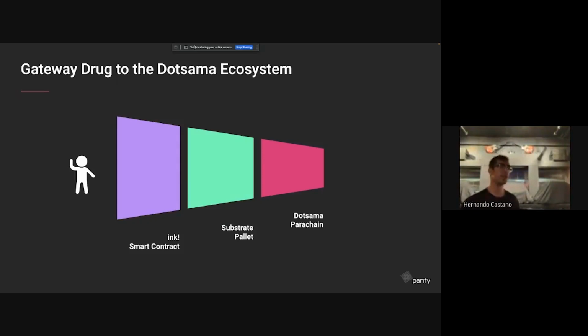Lastly, you can use smart contracts as your gateway drug into the Polkadot ecosystem. So again, if you've done runtime development, it's all Rust-based. If you want to build a parachain, that's also Rust-based. And then ink contracts are Rust-based. So you don't need to manage all these different languages throughout the stack. You can just learn Rust, get your developers up to speed on one development stack, one set of tooling,